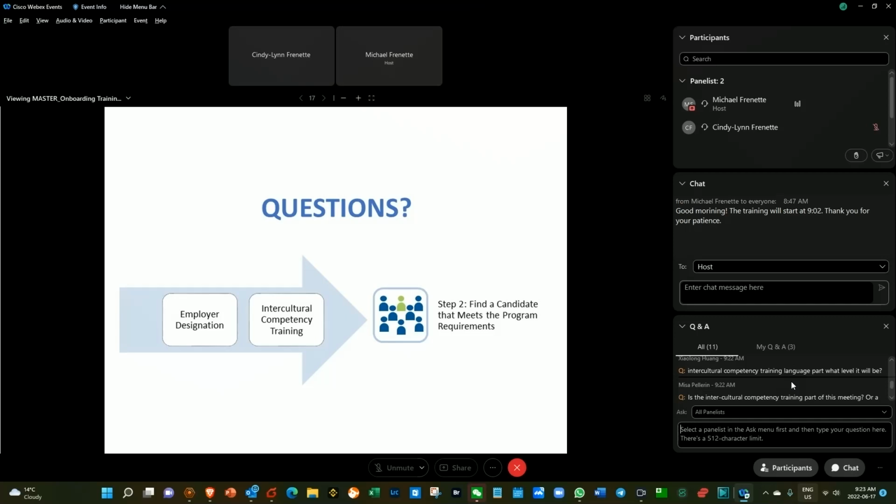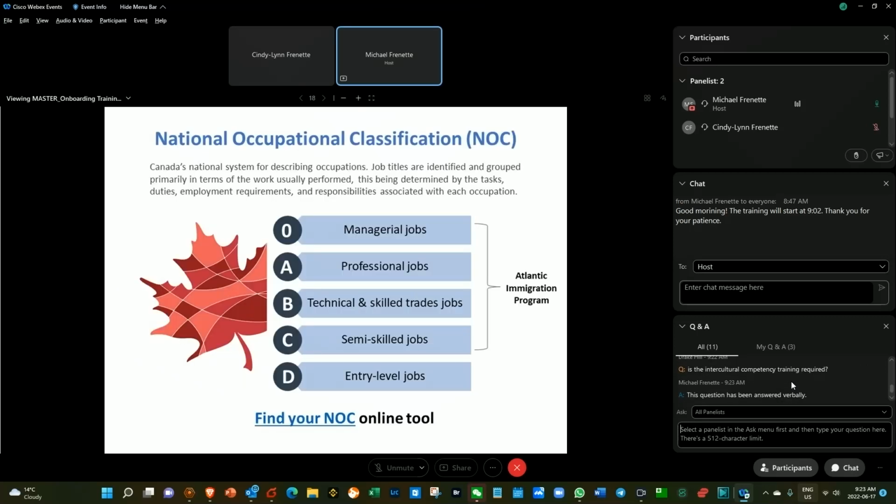All right, perfect. Moving on to the next section. Again, we'll pause later on for another question and answer period. Before embarking on your recruiting journey, you must understand the basic criteria of the program. Having a good understanding of the criteria and knowing the tools that are available to assist you during the process will greatly improve your success rate.